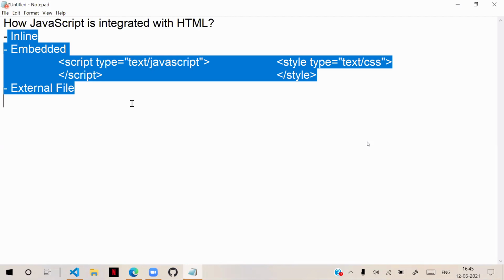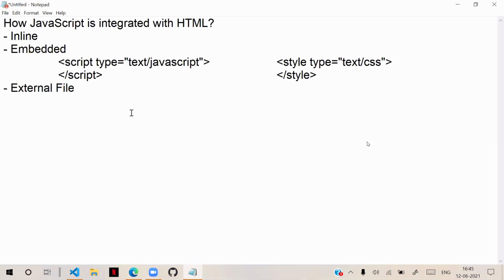It depends on the requirement and the situation. We can write JavaScript inline, embedded, and in an external file. I hope it is clear to everyone.